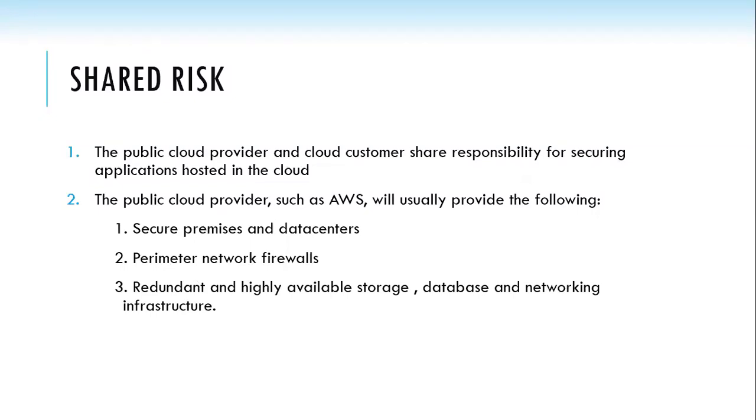Availability of resources: when a user requests a resource, it should be available. Sometimes when there is an attack, say a DoS attack or DDoS attack, certain network resources are made unavailable to the user, and hence a provider has to ensure security to address all these types of attacks.